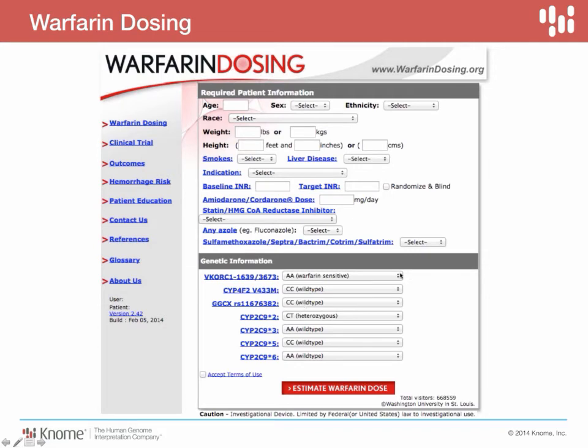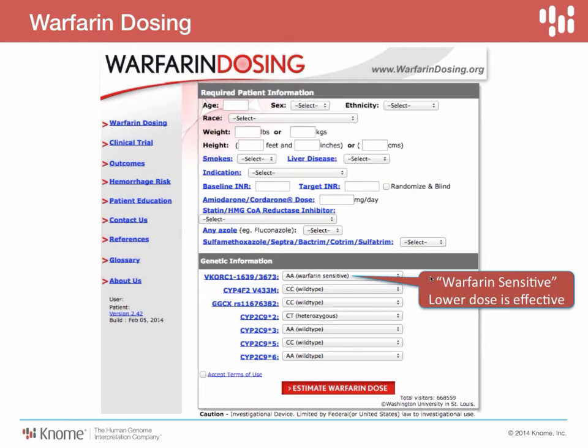And just to point out for the interest here, that VKORC1 promoter variant leads to a lower expression of the drug target. And so therefore patients respond well to a lower dose. So these are labeled as warfarin sensitive, and a lower dose is effective.